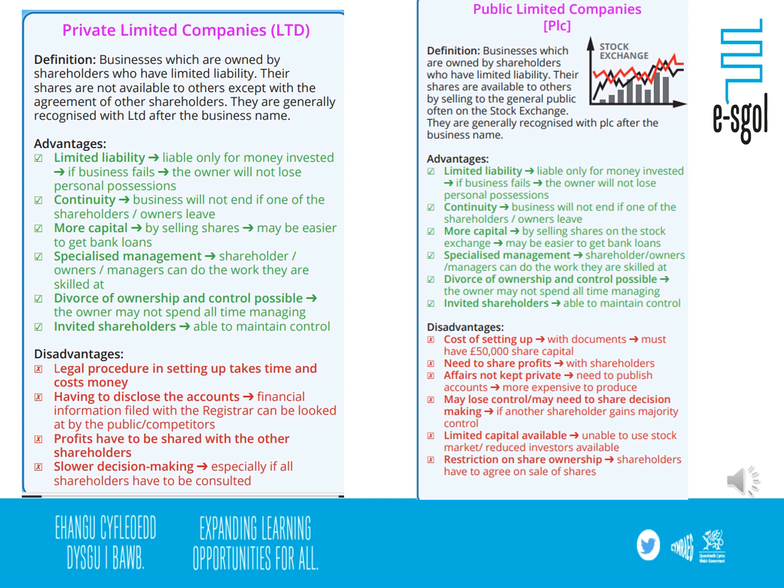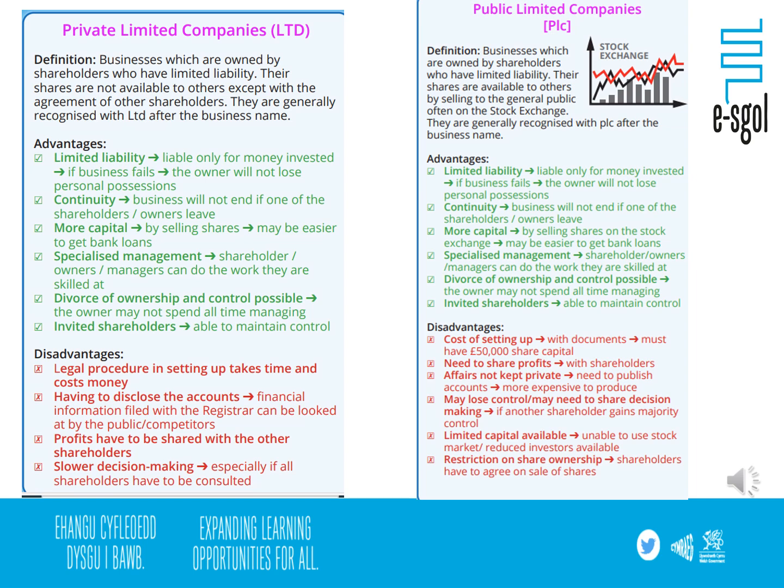Disadvantages though: there are legal procedures in setting up a company. It takes costs and money. You have to disclose your accounts, so the financial information will be filed and registered and can be looked at by the public and competitors, so you've got that risk there. Profits have to be shared with the other shareholders, and there is slow decision making, especially when shareholders have to be consulted when you're making decisions. Now with a public limited company,